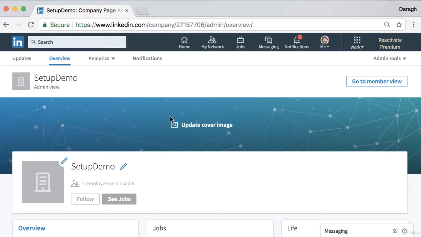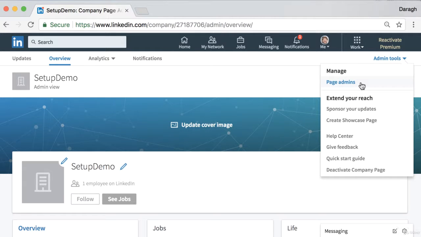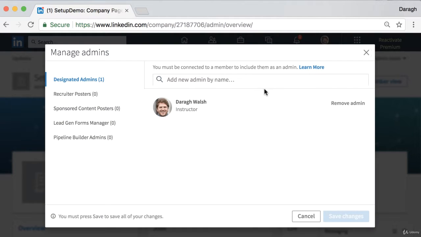So already in this video, we've learned how to create a page, to publish content, and now let's look at how to add admins to the page. So to do that, you can just click on the admin tools in the top right hand corner, click on page admins, and then you will just go ahead and add any admins in. Now they must have set up their LinkedIn profile already. So once they've done that, you can just search in there to find them, and then you can go ahead and add them. So let's just say